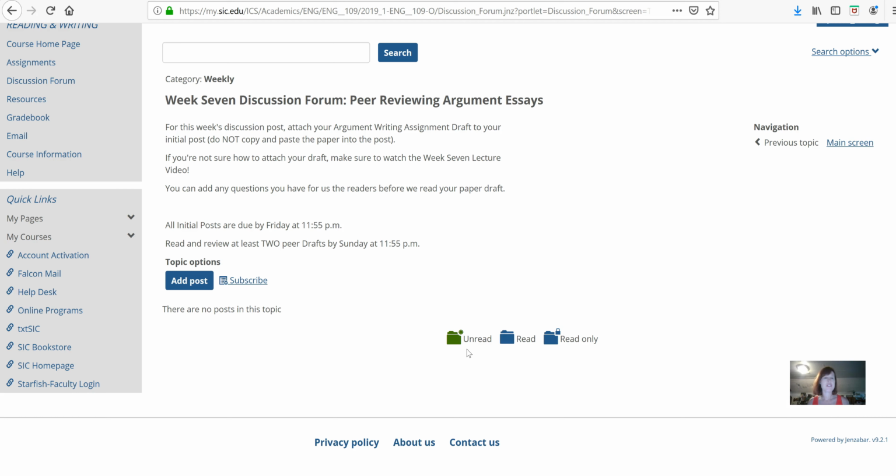So how long do these drafts have to be? Well, at least a page and a half, 2 pages. Here's my rule of thumb with drafts. The closer you are to complete, the more that myself and your peers have to look at. So if you just give me a paragraph in your discussion forum, I'm going to count off points. But also, that's all you're going to get feedback on.